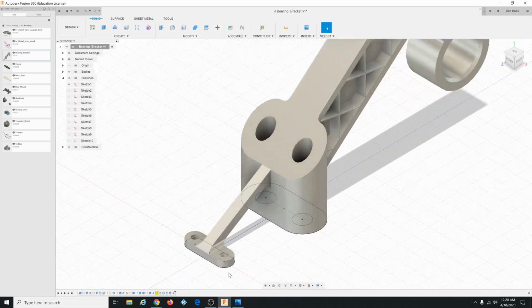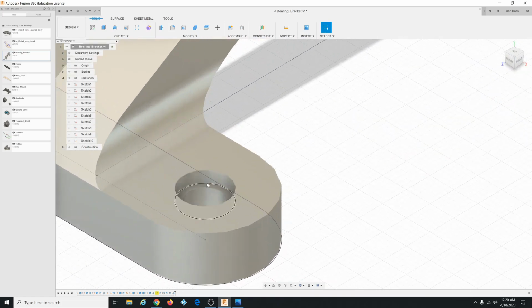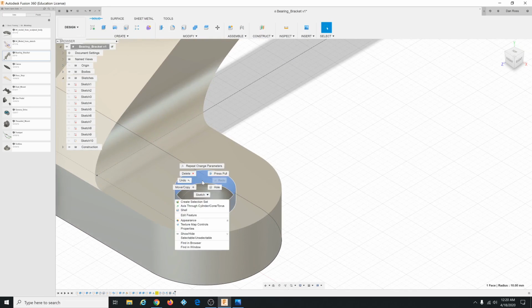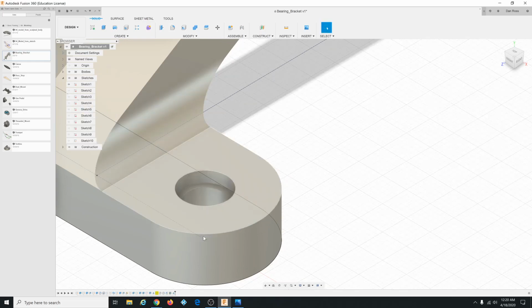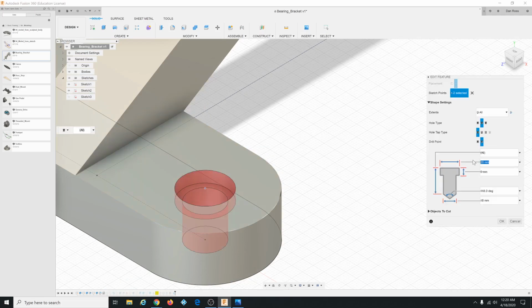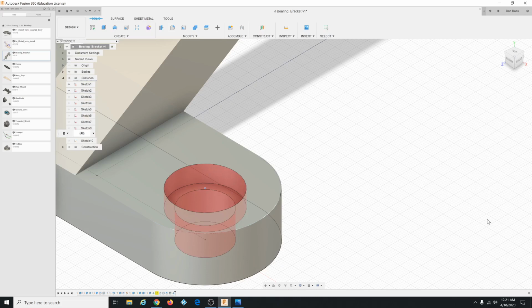So I want you to get in here, and this counterbore, sometimes if you right click, it'll bring up this edit feature, which is what you want. Sometimes it won't do that, so you can always find it in the timeline, right? Down in here at the bottom of the timeline, you can right click that and go edit feature. All right, they want you to change some stuff, so they want you to change the diameter to 27, the counterbore depth to 7.5, and the diameter to 20, and click OK, and